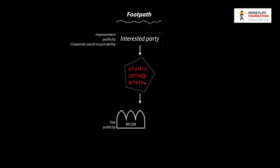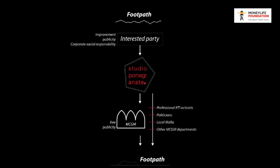The BMC gets free publicity, because what they say is, oh, I'll come and cut the ribbon, this sahib will come and cut the ribbon, that sahib will come and cut the ribbon. So they're also very interested and very happy in doing that. And finally the footpath is made. The process of doing this,